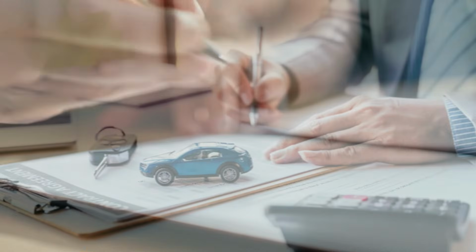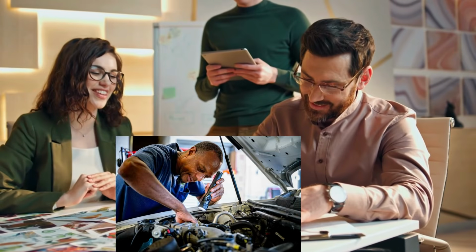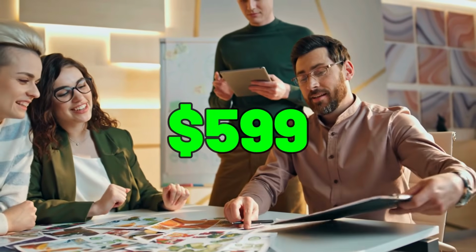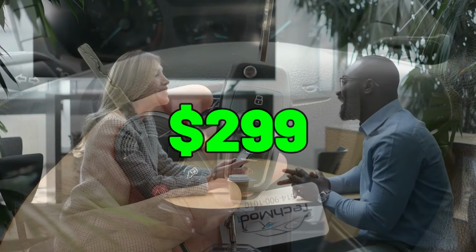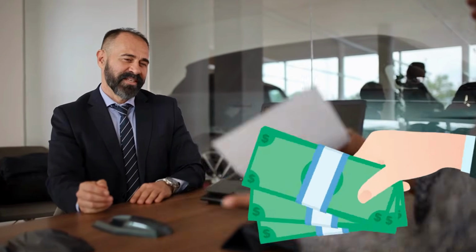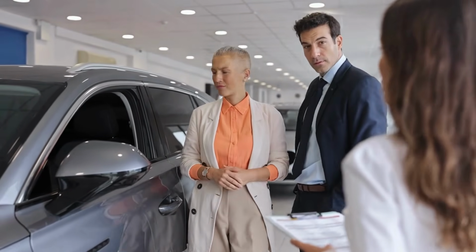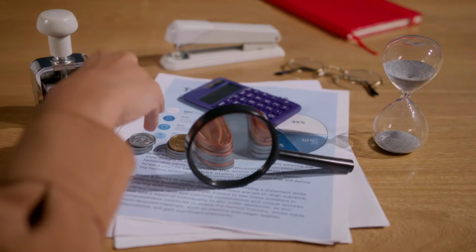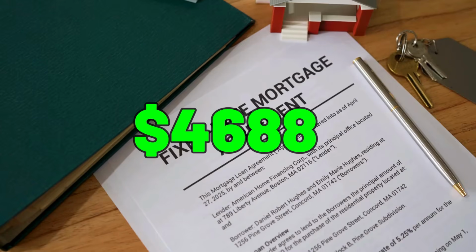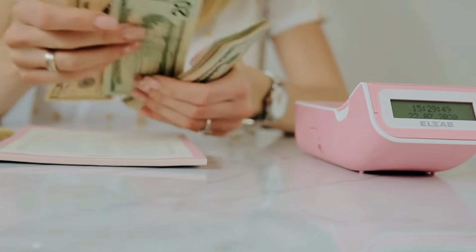They added gap insurance, $895, an extended warranty, $1,695, a maintenance plan, $2,200, paint protection, $599, and key replacement, $299. Total add-ons, $4,688. Spread over 72 months, that's $65 per month. But they also lowered your down payment from $3,000 to $800, which added $31 per month and extended the term from 66 months to 72 months. They present it as $13 more per month, but you're actually paying $4,288 more total for products you never agreed to, and your loan is now longer and requires less money down,